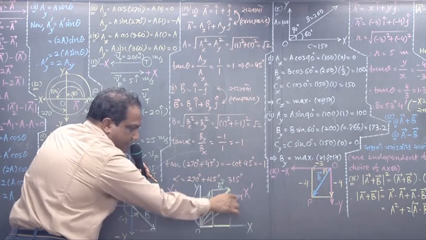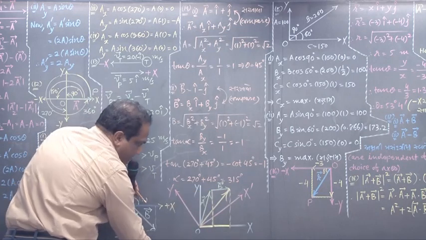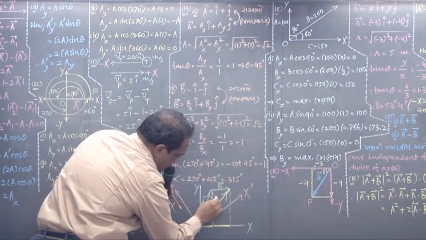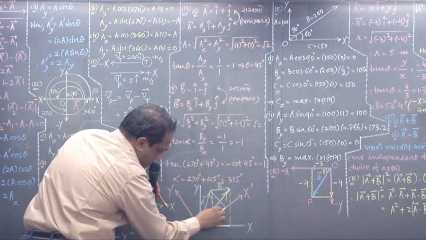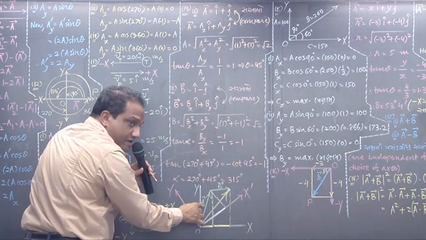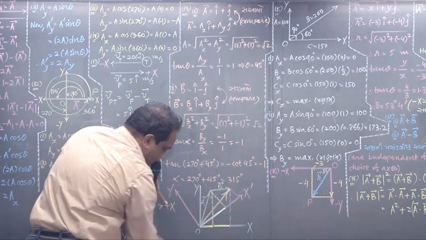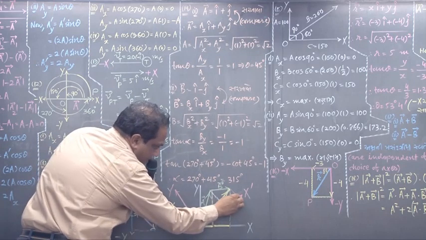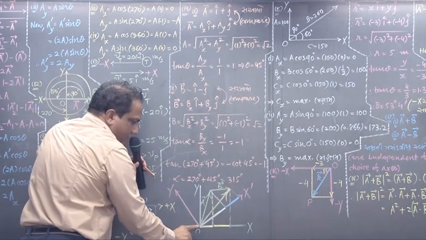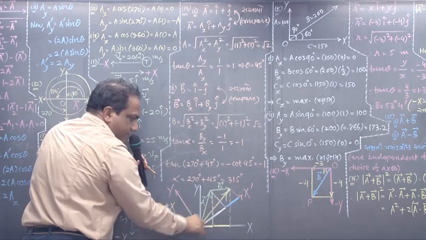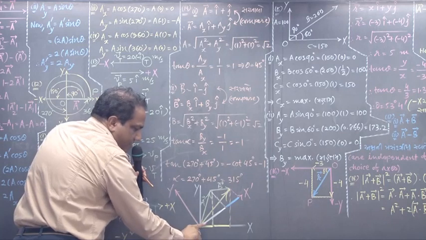Now take this axis. Take these as x-axis, okay? Draw perpendicular from head of vector A. When you draw perpendicular, this much is x component of vector A. Draw perpendicular from head of vector B also. This much is x component of vector B. So this is AX, this is BX. What is the total length? AX plus BX. So here AX plus BX was only this much, and here AX plus BX is this much.